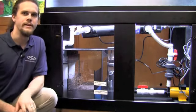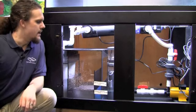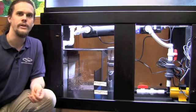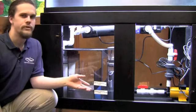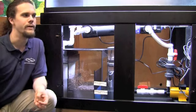Another option for the second chamber is to turn it into a wet-dry trickle filtration, where you'll have bioballs set in the second area and propagate bacteria that's going to reduce your ammonia, your nitrites into nitrates, and from there you'll be able to do your water changes properly and get those nitrates out of your water. The water then flows into your third chamber, where we have the protein skimmer. That's going to be great for removing dissolved organics and keeping the water clean, and really an imperative part of